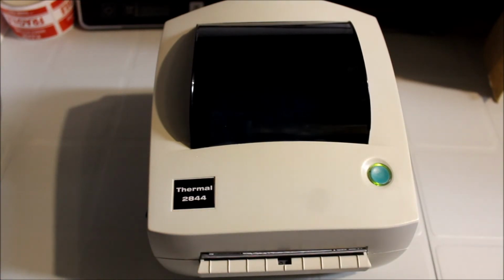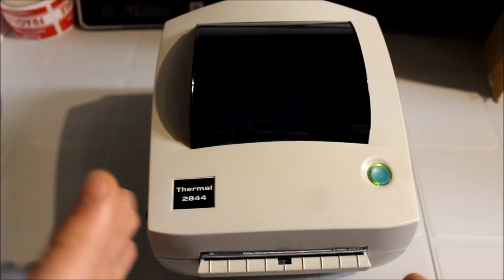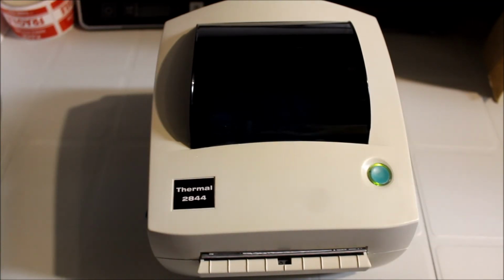And I printed the label that I saved, because I save all my shipping labels just for reference. So I printed the label that I shipped out last week, because I shipped that one on a piece of paper, and on the thermal printer, it cut half of it off, so that doesn't work. So I told the girl, very nice customer support,